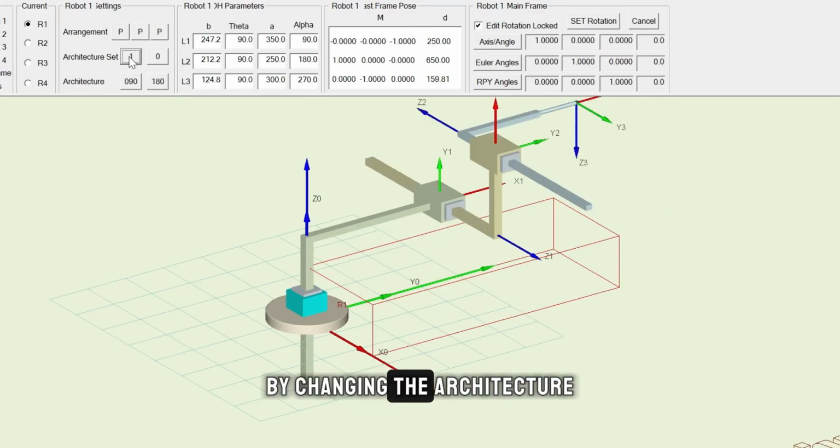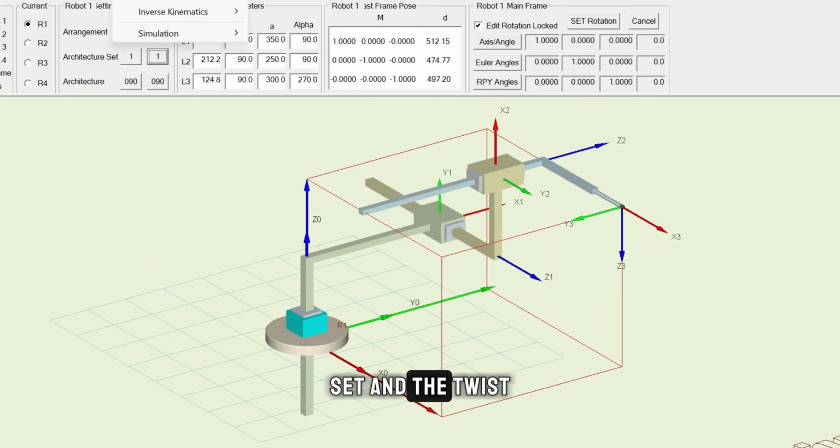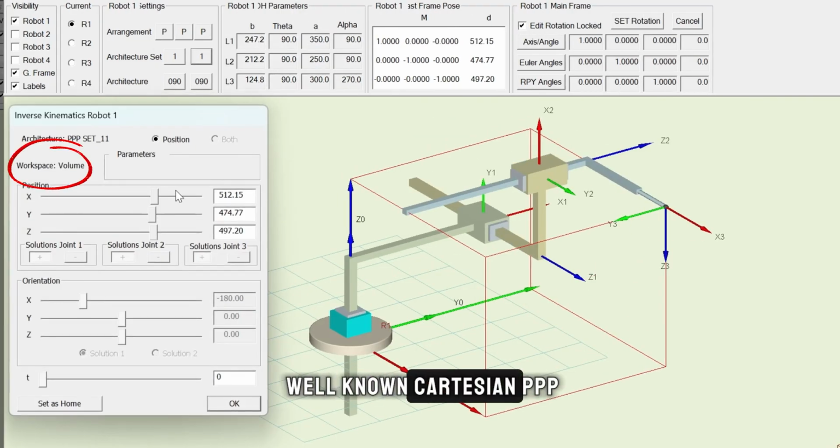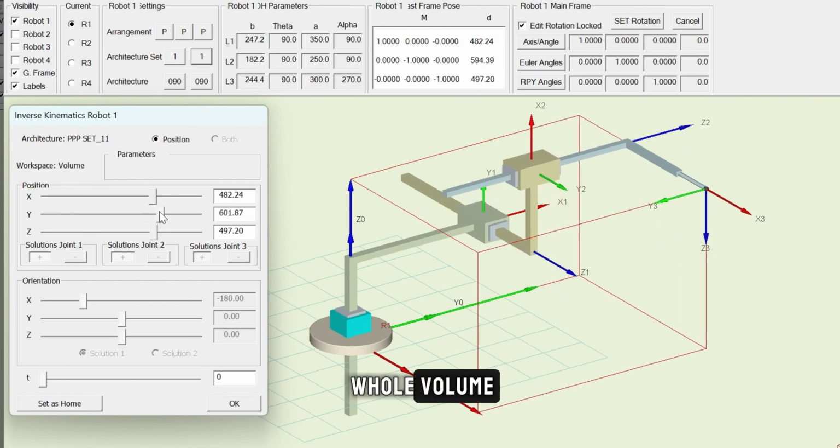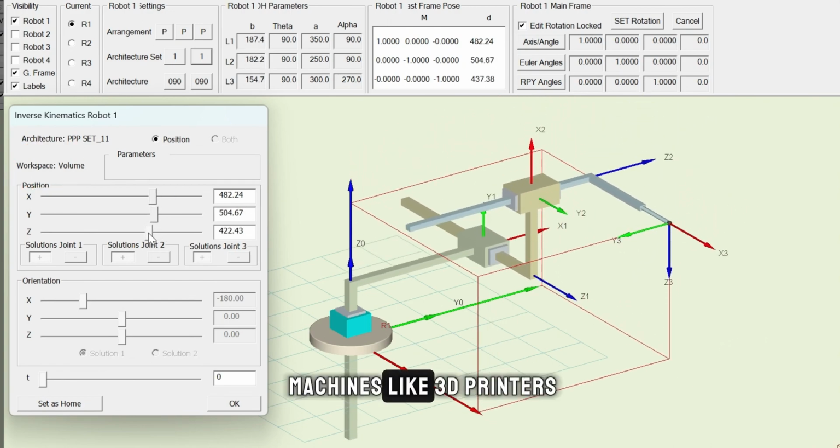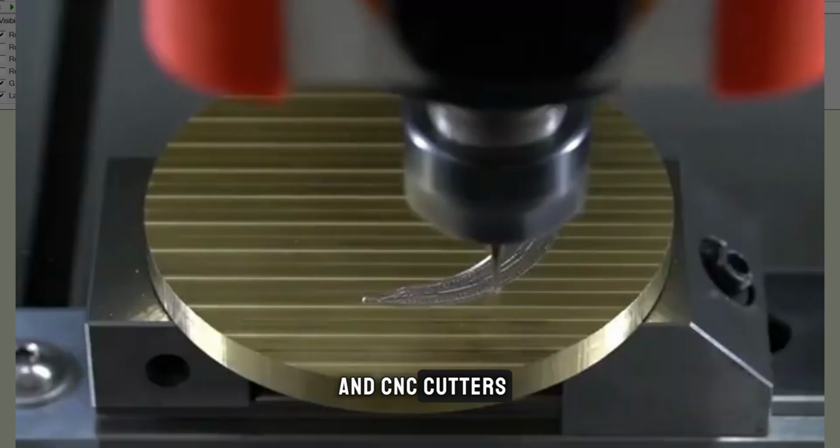Now, by changing the architecture set and the twist angles to get the well-known Cartesian PPP, one that fills a whole volume. It's the mechanism behind machines like 3D printers and CNC cutters, the first of the